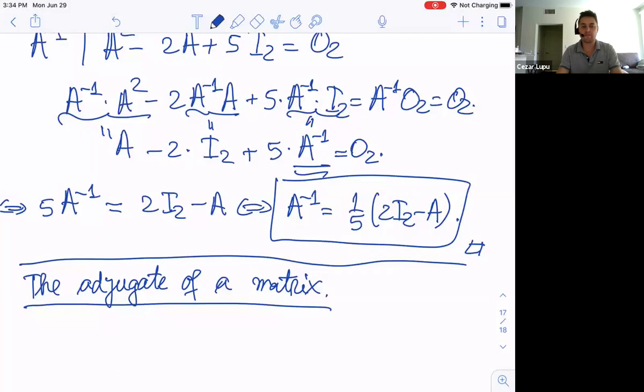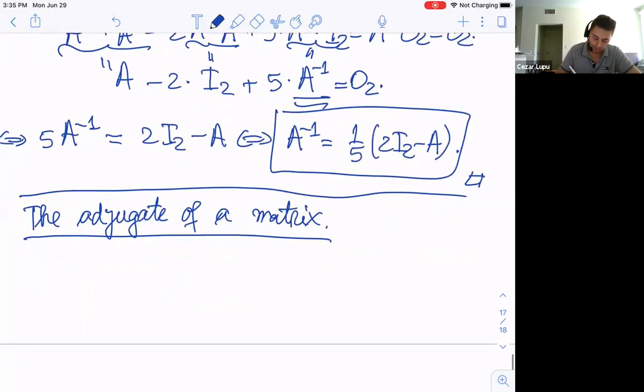But first, before I even start talking about those kinds of problems, I want to talk to you about the adjugate of a matrix. More precisely, I would like to dwell on the properties of the adjugate of a matrix. Sometimes this is called the adjoint of a matrix, but I would call it the adjugate. So let me recall for you that